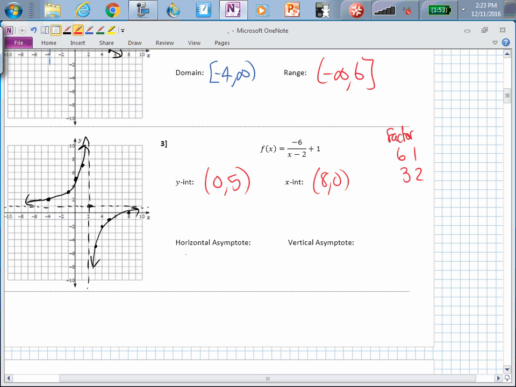Horizontal asymptote, remember the horizontal is the y equals, and it has to be written as y equals because it's a horizontal asymptote, i.e. it's a line. So y = 1, and over here for the vertical asymptote, x = 2. And that's